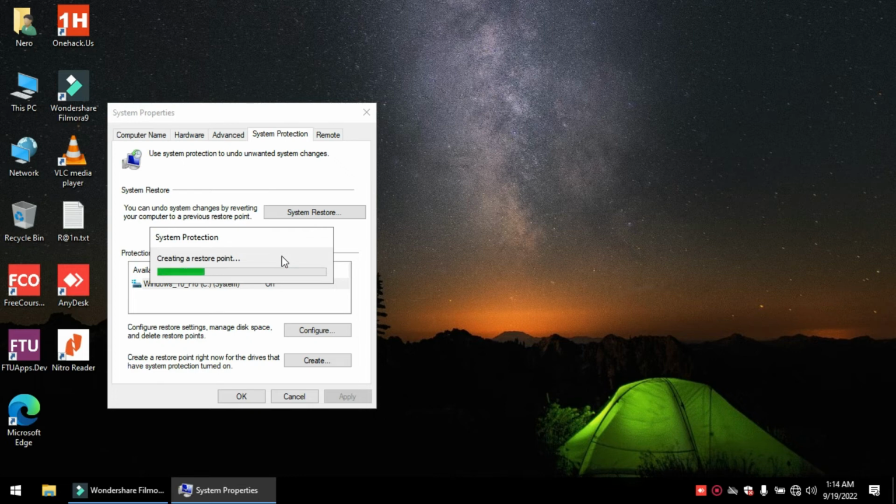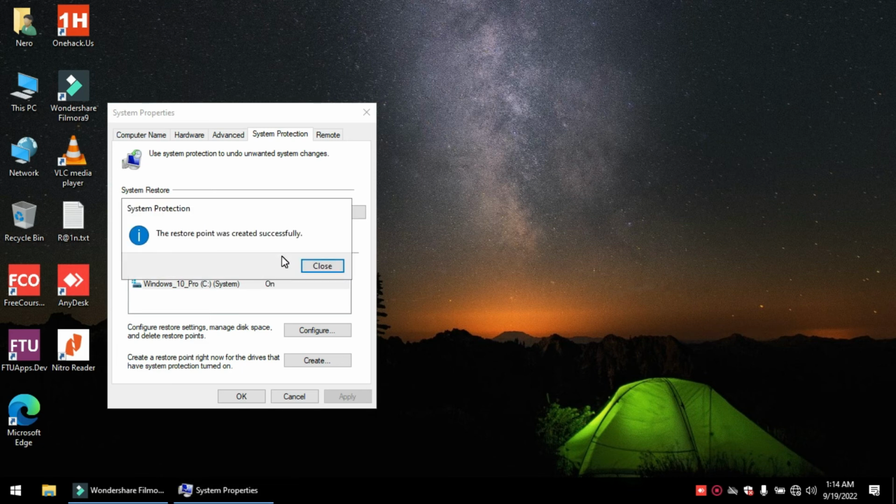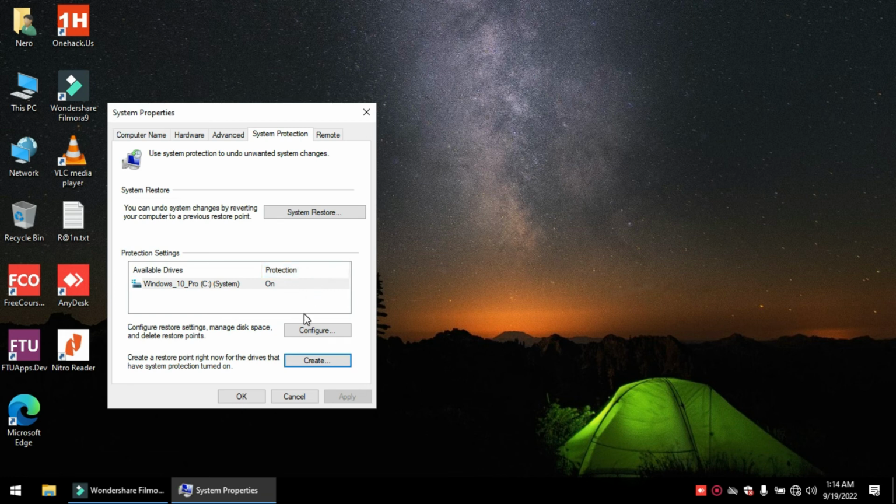So the whole purpose of this, like I said earlier, is to fall back to this restore point. It resets your system back to its original state. Peradventure your hard drive or your system is faulty or your operating system is faulty. That's the whole essence of restore point. It's very useful in helping you not to format the system when the system has issues. So it's been done, so you close it and